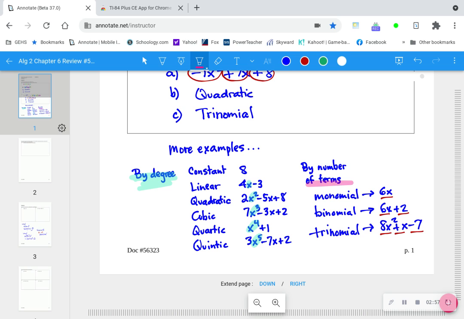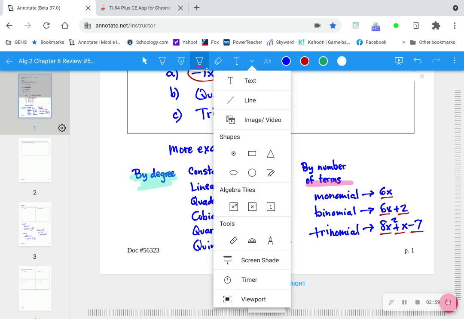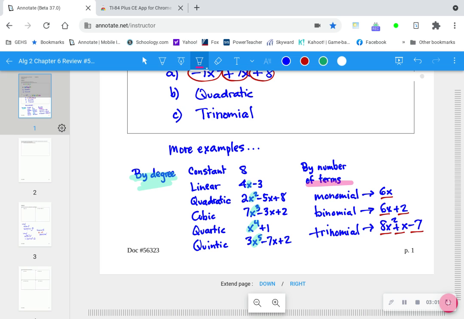Now there might be more, in other words, higher powers and higher number of exponents. And you just get generic on it. So if you needed more higher degrees, you would say, for instance, a polynomial of degree 6. That's the next one past quintic. And on the other side, if you want to go past trinomial, you have to say a polynomial with 4 terms or 5 terms or 6 terms. So it really does get